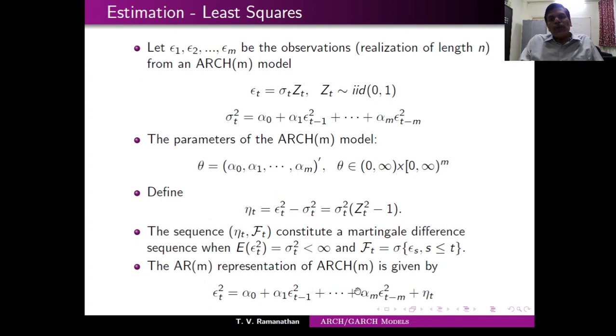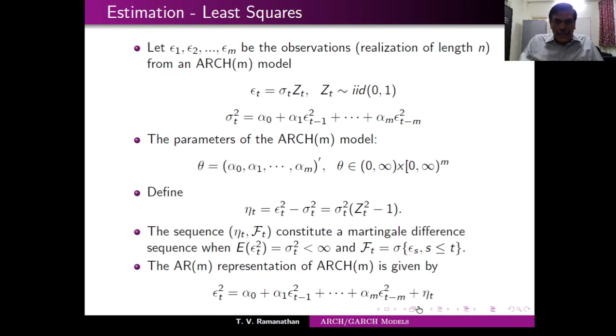So what you are doing is you are not directly writing the maximum likelihood. We wrote the likelihood corresponding to epsilon 1, epsilon 2, epsilon t, whereas here you are trying to write the squares and then find an equation connecting them and then try to estimate alpha 1, alpha m using the least square theory. So this is my least square equation, and you can see that this is observable, and this is a kind of error.